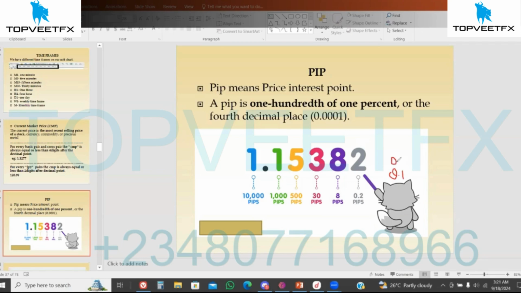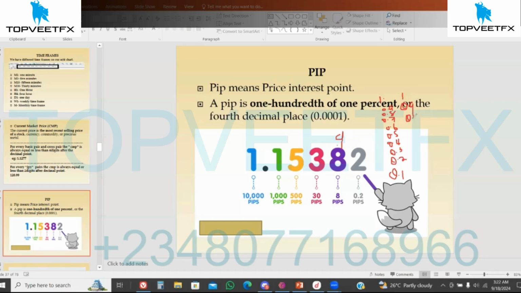0.1, 0.2, 0.3, 0.4, 0.5, 0.6, 0.7, 0.8, 0.9, then 1. Then that 1 will now be added to this 8. It will now be what? 9. It can also count from this 1 to